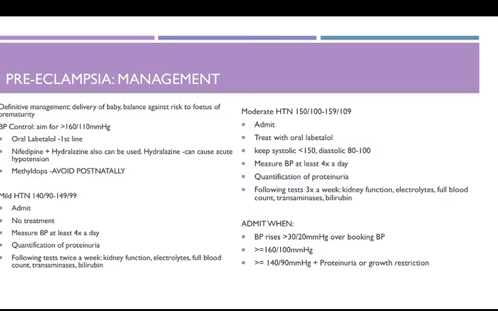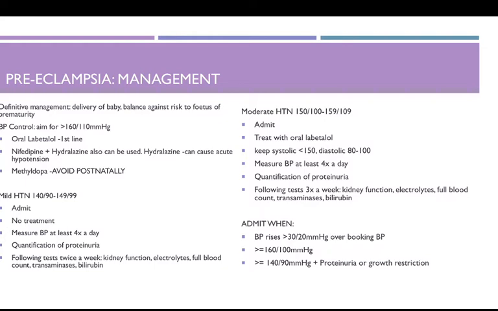So with management, the definitive management for preeclampsia is delivery of the fetus. But you need to balance this with the risk to the fetus of prematurity. So in the meantime, what's usually done is blood pressure control. So you aim for a blood